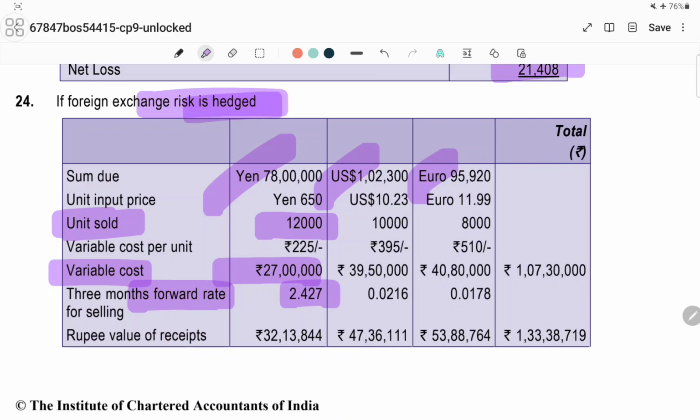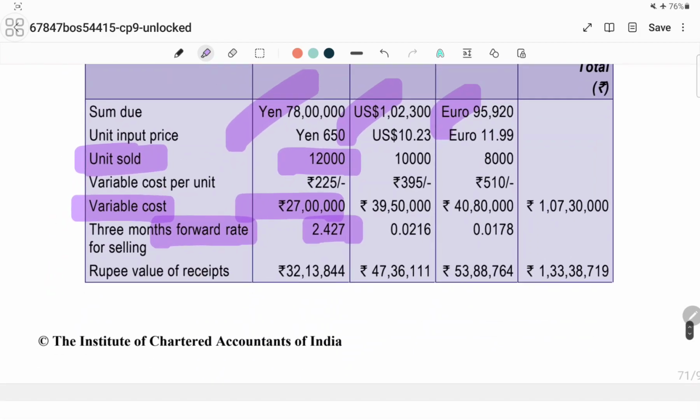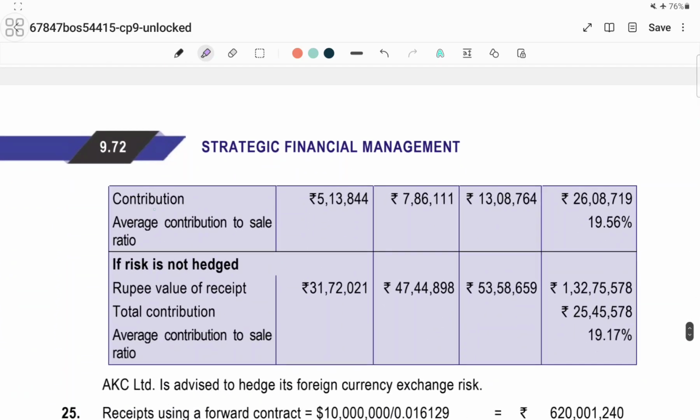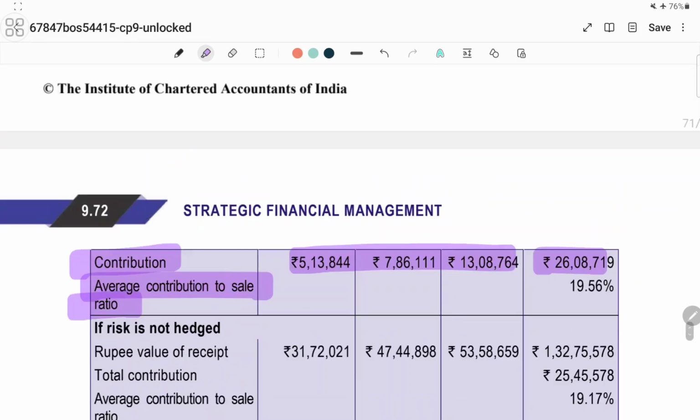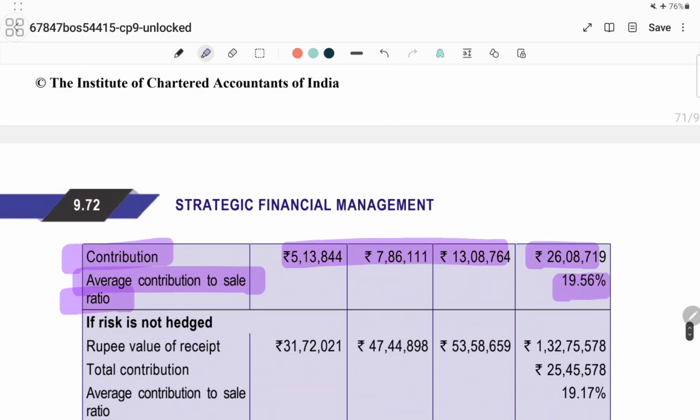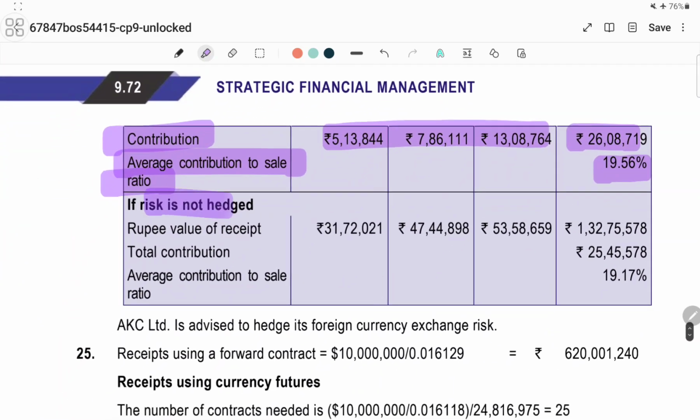So see, 2.427, we took the same rate. So for the rupee value of receipt, we use the 3-month forward rate to get the rupee equivalent of that yen receipt of 78 lakh. Finally 3213, we got the same amount. Then the contribution. But they are asking the average contribution to sales ratio. So you have to take a total of this, which comes up to this. And this contribution divided by the sales would give you this amount. And if not hedged,